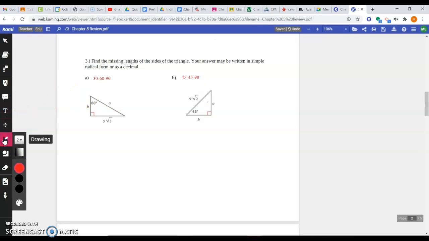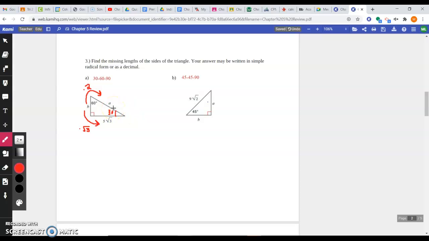And remember, this is the way I explain the rules, is that across from your 30, which your 30-degree angle would be right here, across from your 30 is your short leg. And for a 30, 60, 90, what you can do is short leg times 2 to find your hypotenuse. And you can do short leg times the square root of 3 to find the long leg. And so you can think of it like this and say, okay, what value times the square root of 3 would get you 5 times the square root of 3,